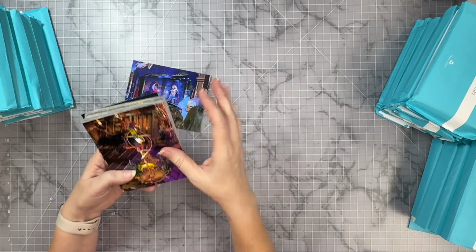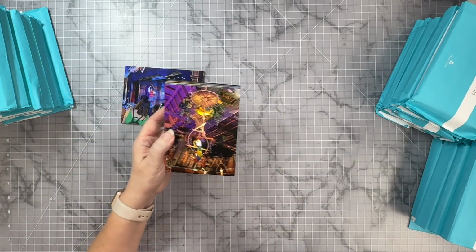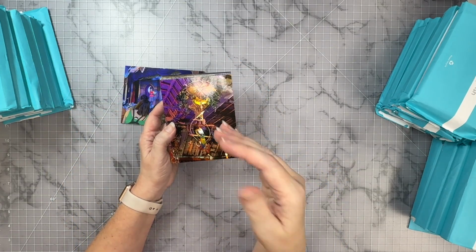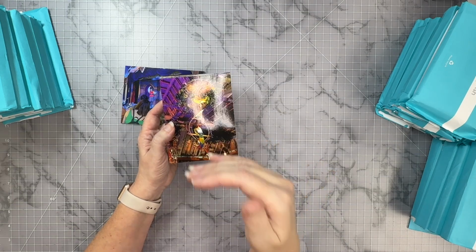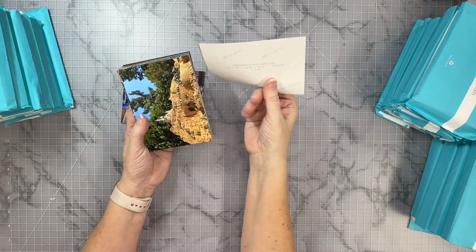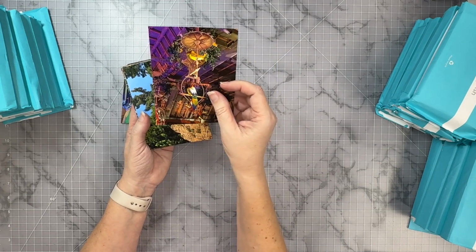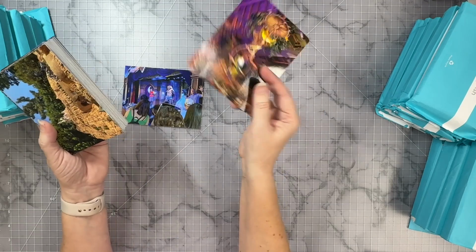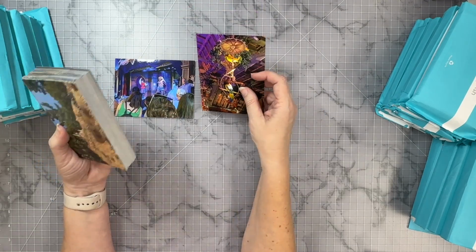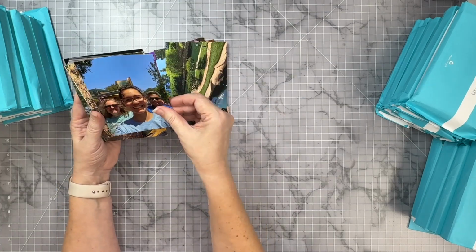And one of the problems is, because there were multiple people taking pictures, and because of the way that my computer, I use a Mac, stores photos, it stores them by the title. So if I'm taking a picture, and this one doesn't even have a number on it, IMG 123, but my daughter's taking a picture on her phone, and her phone happens to be on IMG 123, then we're all going to be stuck. But okay, I'm just going to do Disneyland,